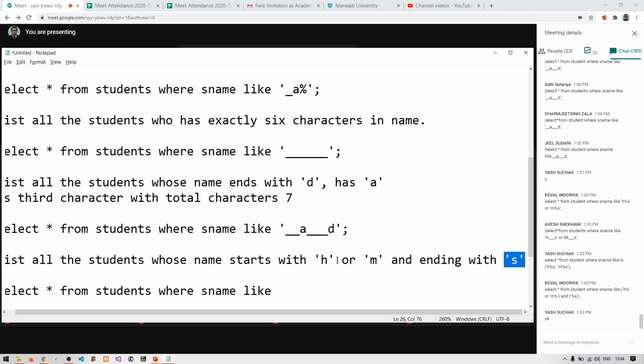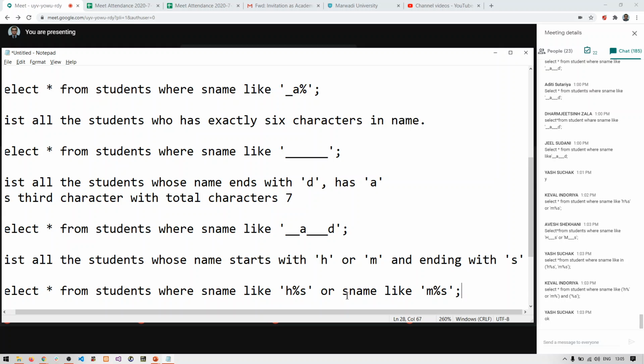Name can start with H or M and end with S. So our condition will go like this: S name like 'H%S' or S name like 'M%S'. This is the right answer.